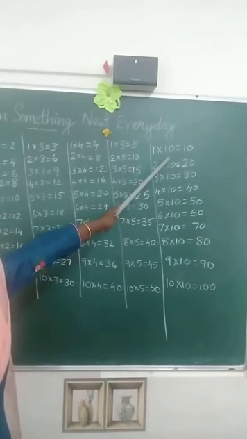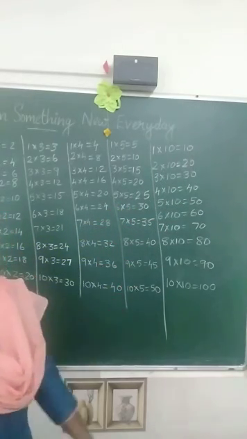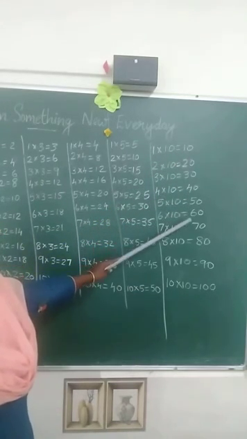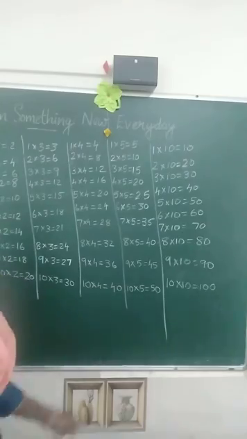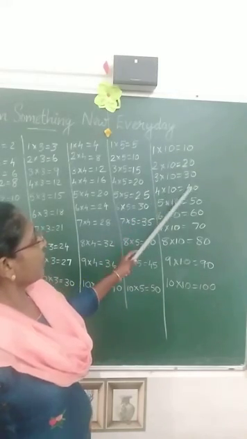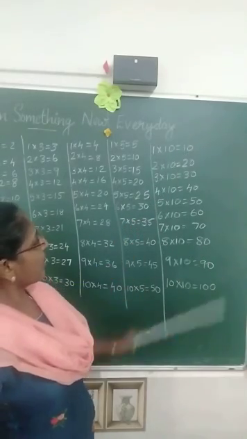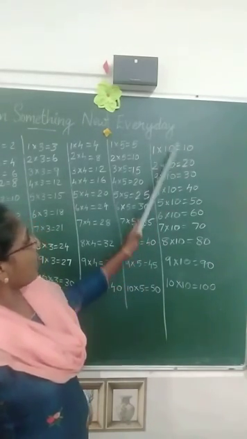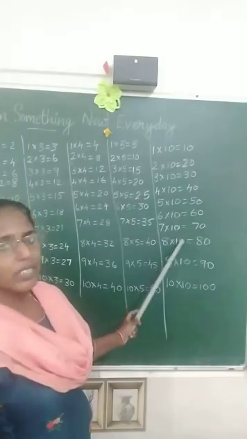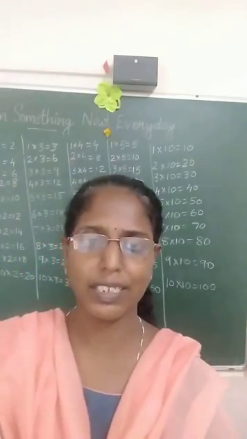And when we multiply a number by 10, the answer always has 0 in one's place. In all, one's place 0. And you just listen, in tens place it comes 1, 2, 3, 4, 5, 6, 7, 8, 9, 10. In tens place counting numbers come. Okay. 1, 2, 3, 4, 5, 6, 7, 8, 9, 0. That is 10. Okay. So, it is very easy to write 0 in one's place. And counting numbers 1 to 9, you can write in tens place. Okay. So, this table of 10 is very easy. So, you have to learn all these tables by heart. Okay.